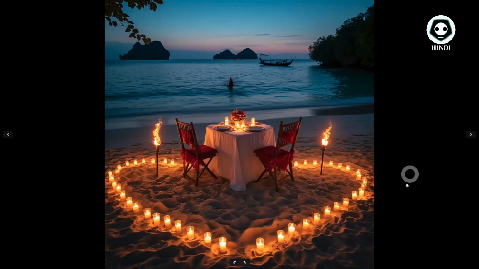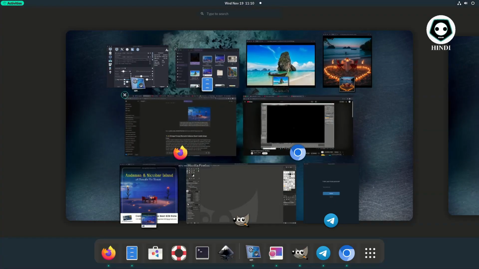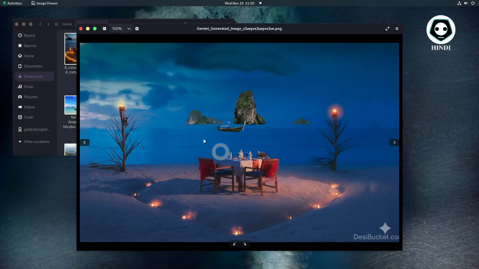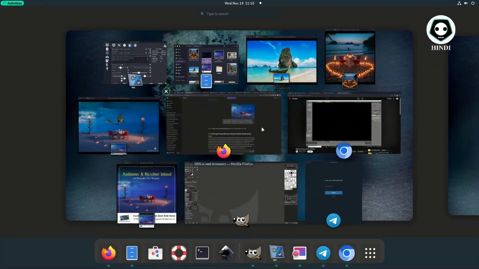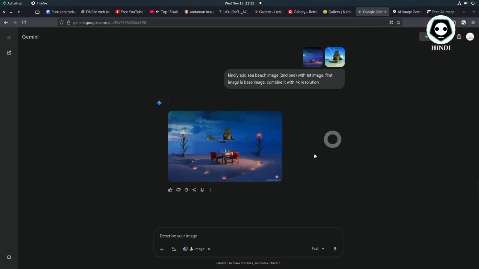Welcome back. You can see here this image I have already created on Gemini AI or Perchance AI. This is a Perchance AI. So how I can create some image I have generated on the Gemini AI. Some I have already downloaded from the internet, combined two images and uploaded them. This is created from Gemini AI. You can see here two images I have uploaded and the result is just drop down. This one that I have downloaded, this is a result.